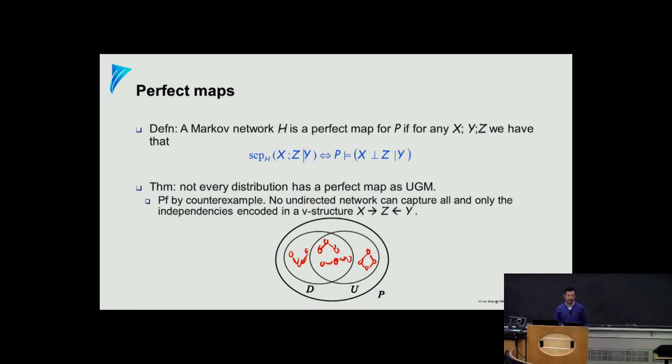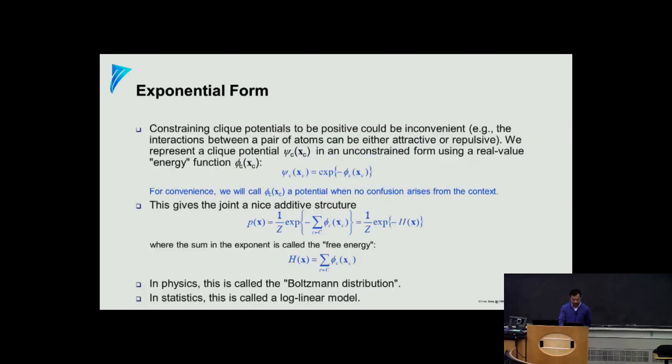You can basically encode the same independencies using directed or undirected, right? You may wonder what's there. Well, there's something else, but I don't think that's very interesting to discuss here. Okay, any other questions before I